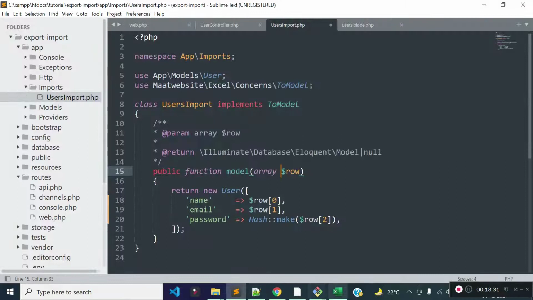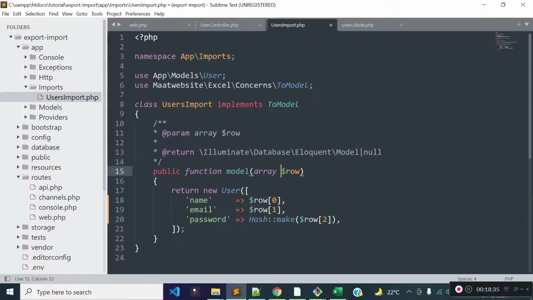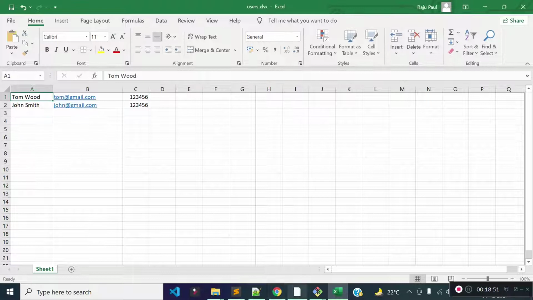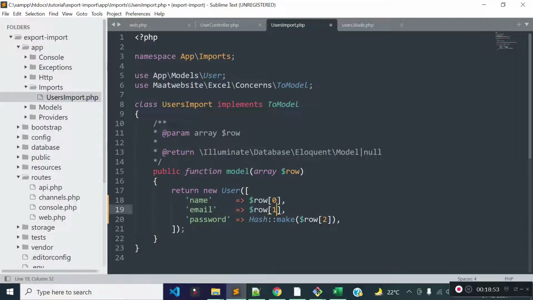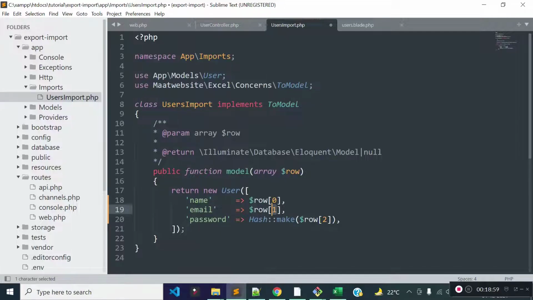And if we upload this user Excel file, then we'll get the user data inside this $row variable, and we are storing the user record to our users table with the help of the User model here. Okay, and we are getting the user name at index 0, the user email at index 1, and the user password at index 2. Okay,